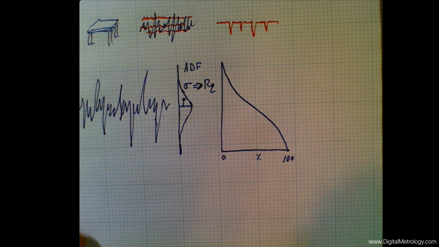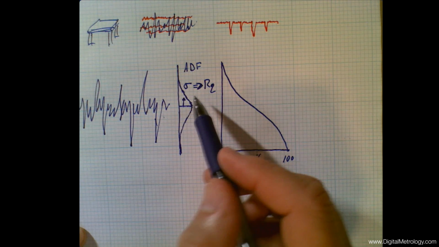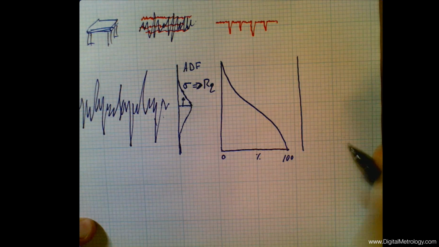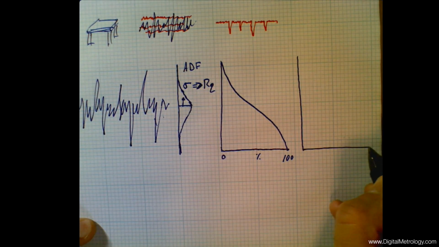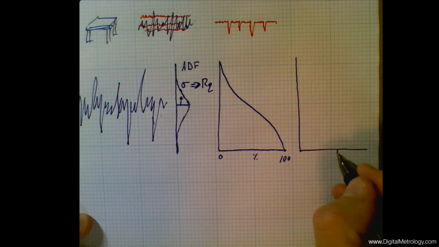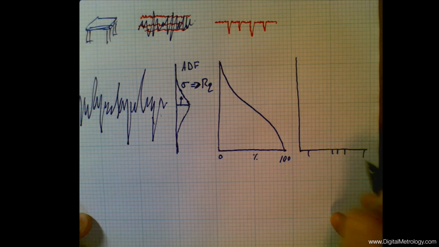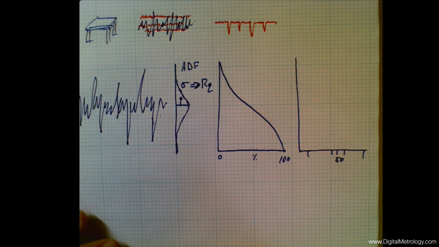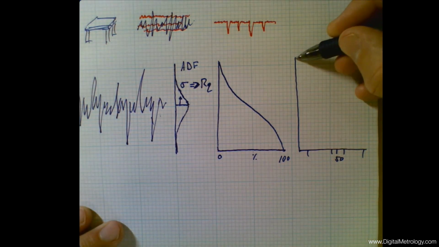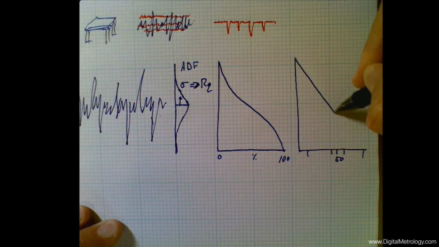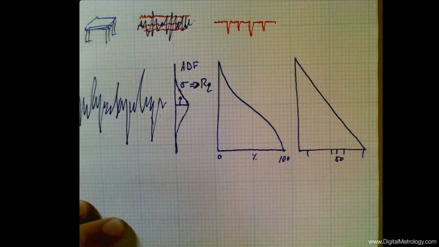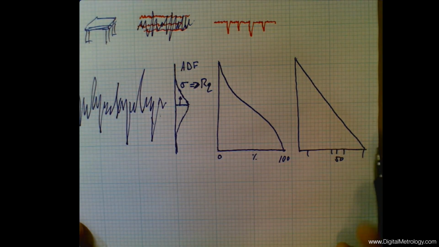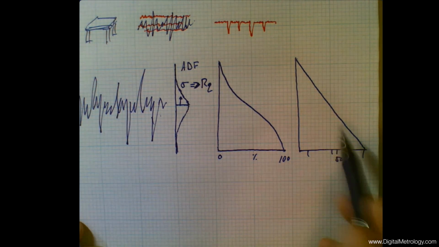But let's go back in time a little bit. We didn't have calculators for many, many years, and in those cases, a graphical method where we would plot essentially the bearing area curve on special paper that's kind of bunched up in the middle around 50%, and then it spreads out at the edges. And if we move this curve to that kind of paper, we would get a single straight line for this random data. We've taken the bearing area curve to probability paper, and this is the material probability curve instead of